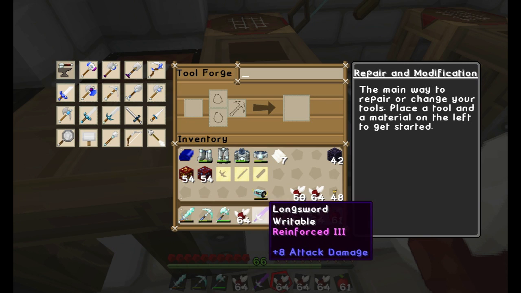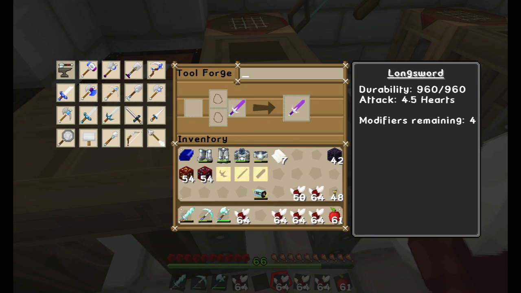So, what we can do to start with is we pop our sword in, and at the moment we can see that we've got a durability of 960, 4.5 hearts, attack damage, modifiers, we've got 4 because we've got a writable guard. First things first, let's stick on our flux, and that will give us the power, the redstone. I'm also going to name this as well, and I'm going to name this... I name this blade...